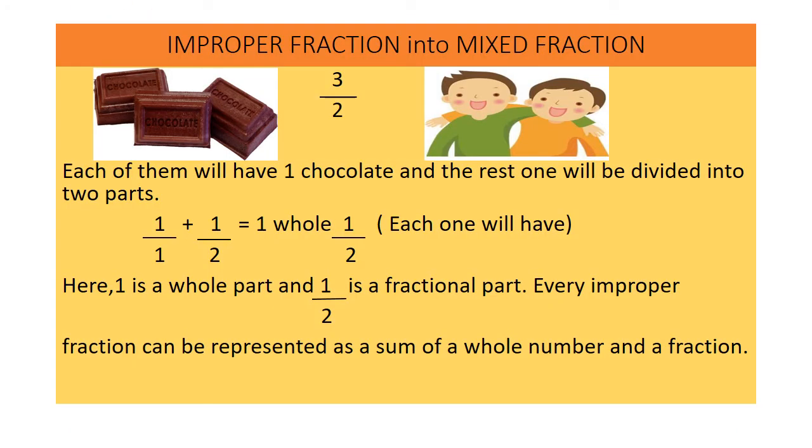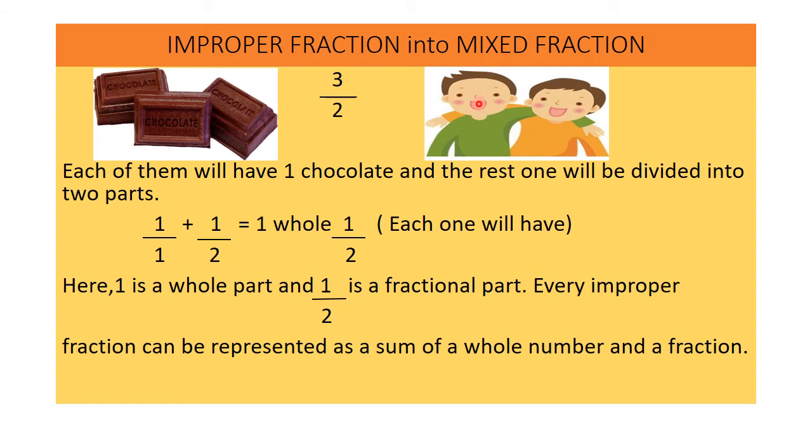So children, after understanding the definition of the improper fraction, let us see how we can convert the improper fraction into a mixed fraction. So let me begin with a question. The question is that suppose I have 3 pieces of chocolate with me and I have to divide these 3 pieces of chocolate between these 2 children. Okay, so what will be the fraction of this equation? It would be 3 by 2, which is an improper fraction. That means 3 pieces of chocolate will be divided between 2 children.